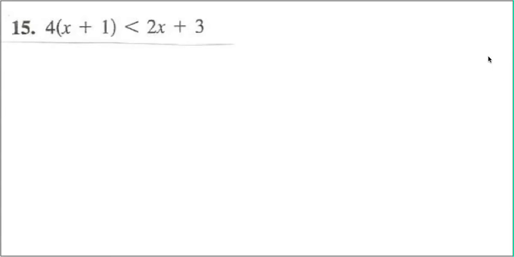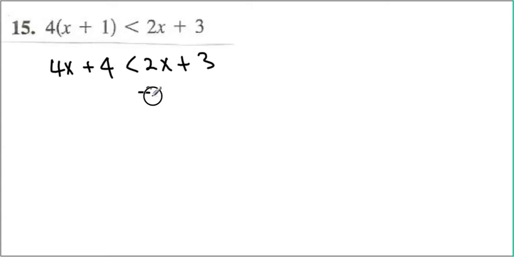So hello, let's try to look at some inequality questions here together. So the first one here, as you can see, first we can put x values on one side and the other stuff on the other side. In order for us to do that, we can distribute 4 to both terms,